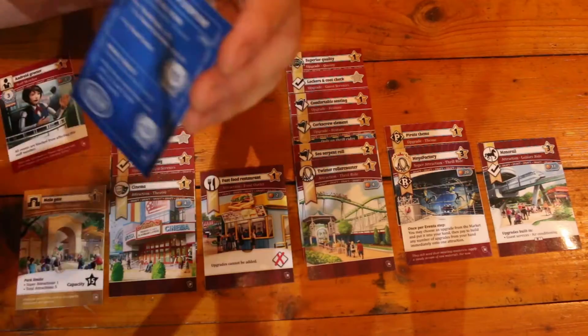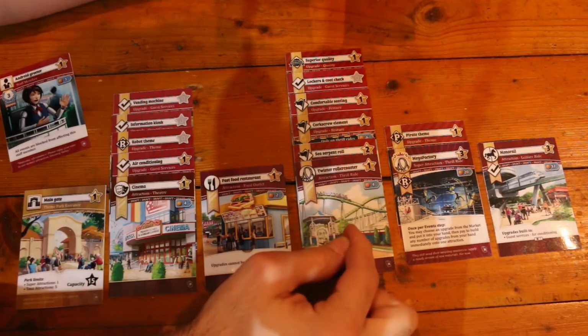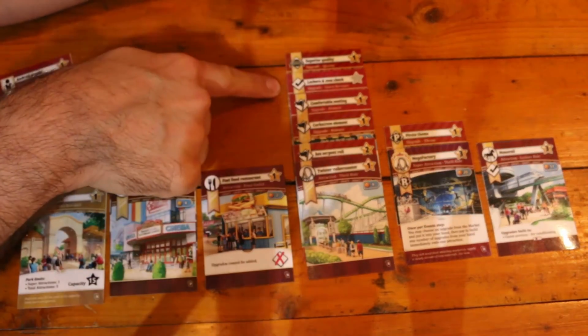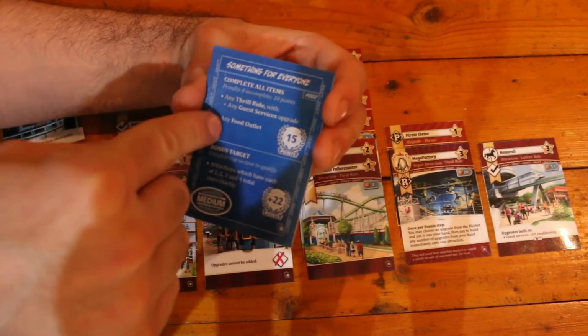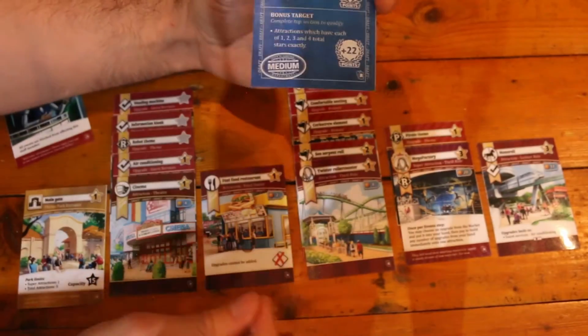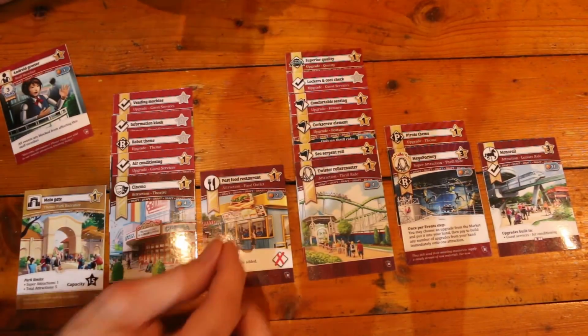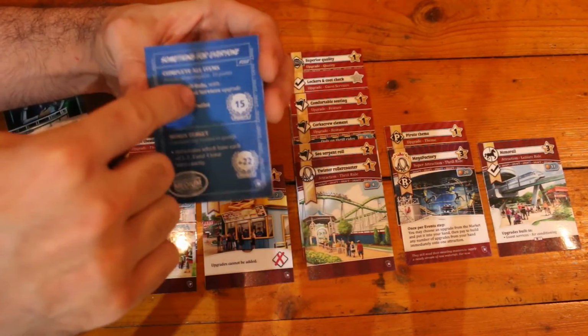On my next blueprint that I drafted through the game, I needed a thrill ride with any guest services upgrade. Here's my thrill ride, and it currently has a locker and coat check, which counts as a thrill ride and a guest service. I also needed any food outlet, which is where my terrible fast food restaurant came into play. I couldn't score many points on it, but it did lend itself to these 15 points that I got for